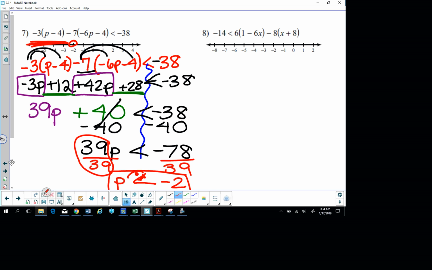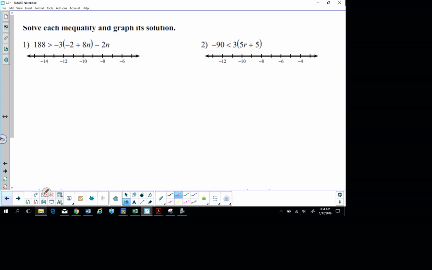Do you feel like you guys are good to work on it by yourself, or do you want to go over one more? By yourself, does anyone want to do one more? No? Okay, so you can turn the page over and start with the easier ones. So the easier ones look like this, where there's only one distributing. The second page has 2 distributing, so the front's easier. And again, you can look at your answers on here, make sure you stamp, and then your second ticket out the door is on there. Your Delta Math is